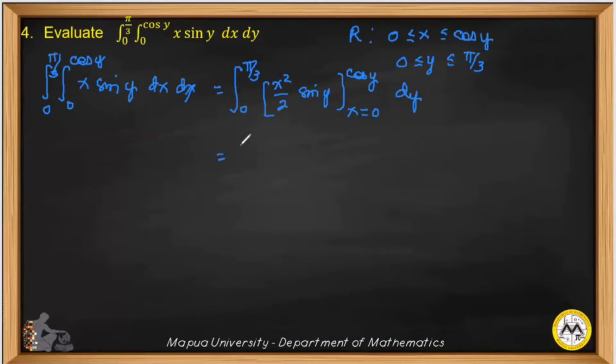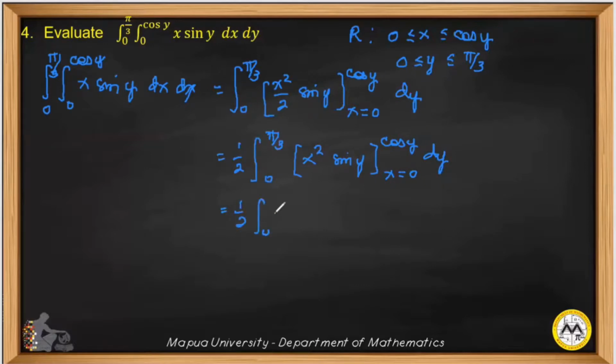And doing that, we have 1/2 integral from 0 to pi over 3 of x squared sine of y, and this must be evaluated from x equals 0 to x equals cosine of y. So evaluating the resulting integral at the upper limit cosine of y, we have to replace x by cosine of y, thus giving us